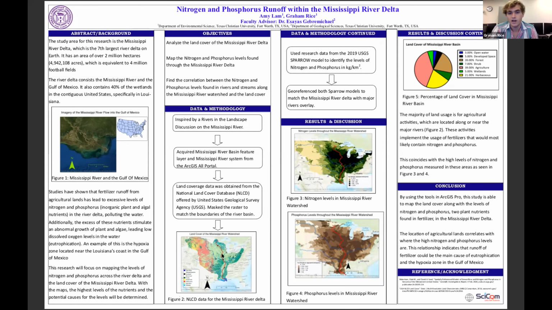We then used research data from the 2019 USGS SPARROW model, and through that, we were able to identify levels of nitrogen and phosphorus among different catchments in the basin, which can be seen in the results and discussion. We were able to georeference both SPARROW models, the phosphorus and the nitrogen, to match the Mississippi River Delta. If you look at figure 3 and figure 4 under results and discussion, you can see,